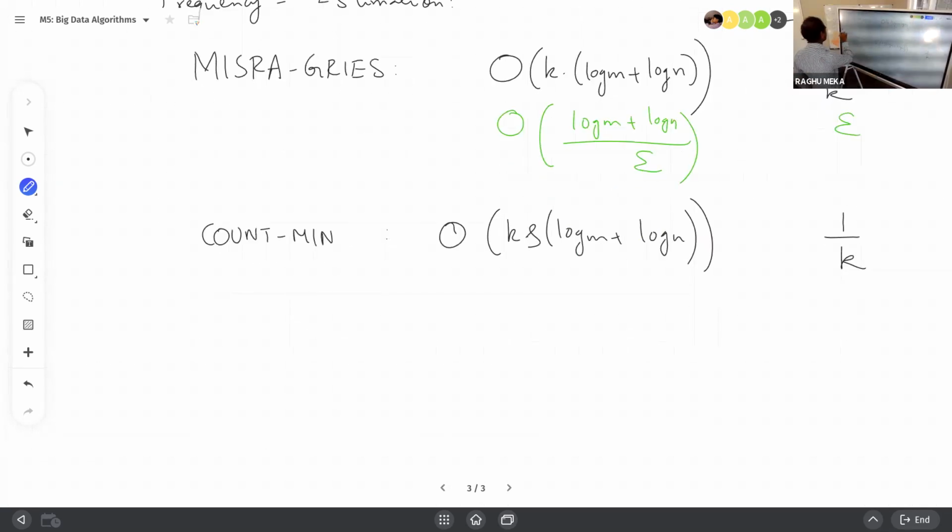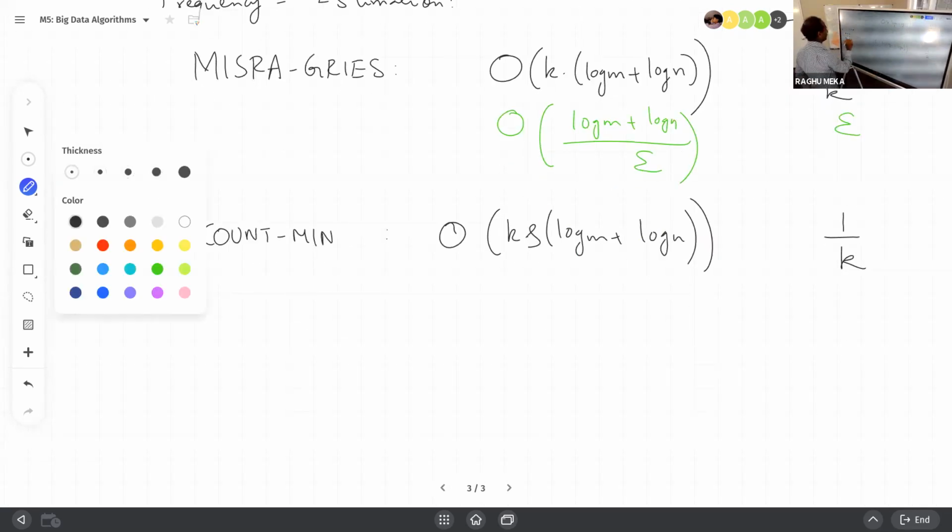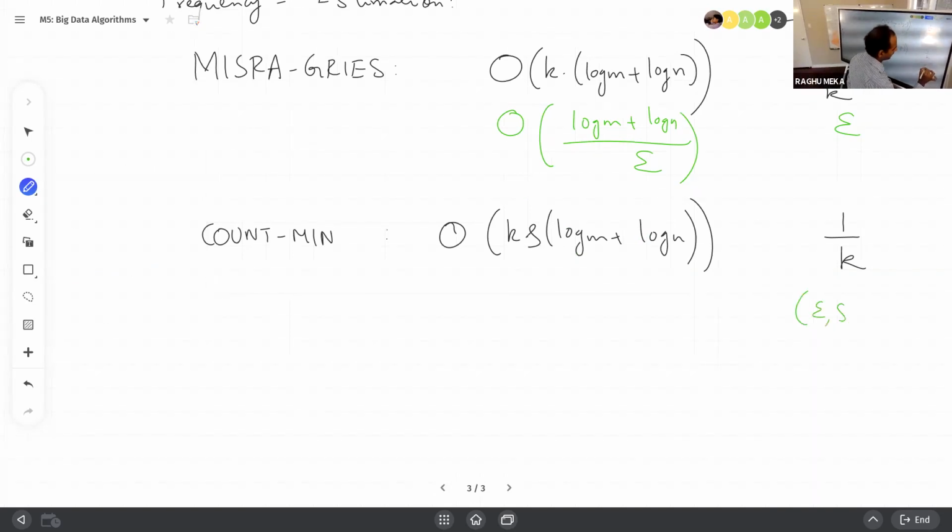So if I wanted an epsilon comma delta, probably approximately correct estimate, so remember we said it's an epsilon comma delta probably approximately correct estimator. If my answer is epsilon close with probability at least 1 minus delta, then I need space which is